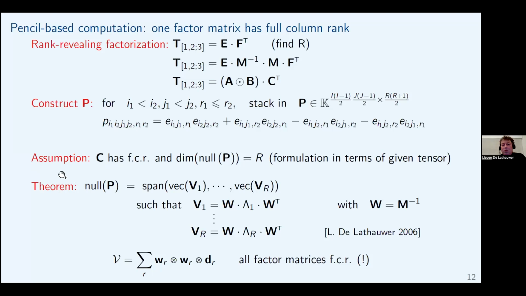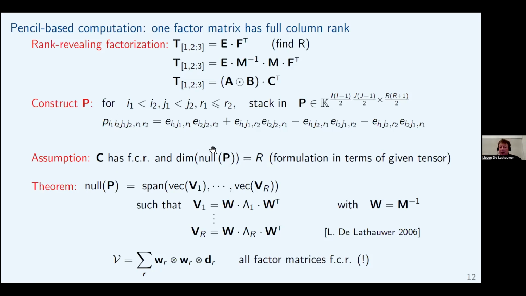And in the end, you will have a theorem that tells you that if a certain P matrix that you can construct from your tensor has a null space of dimension R, R being the rank of your CPD, and the C matrix and some flattening of your tensor will have a certain rank, etc. Under these assumptions, it's still guaranteed, and the CPD is unique and can be computed by means of a generalized